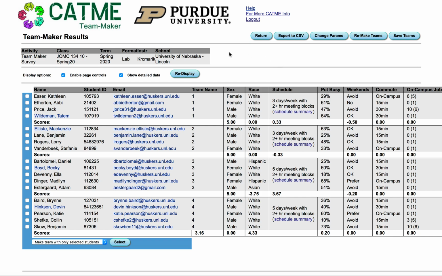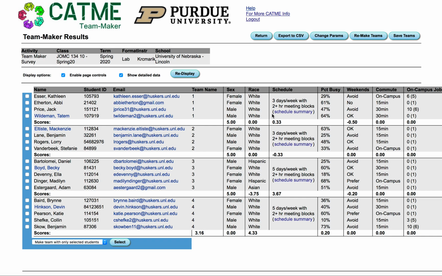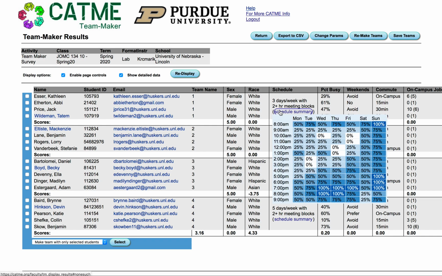Just a few things to look at too before we do that. So you'll see one of these until you finalize it. I've saved these teams, so they're committed to the system, and you want to make sure to save teams once you're happy with them. Things I really look at, obviously looking at balance of gender and ethnicity. Also, the one that's most important to me though is schedule. It looks at 2-hour blocks. I like to find at least 2 days a week where they have at least 2 hours that they can get together. Given it's on reported data, so sometimes, they put when they want to be available and not when